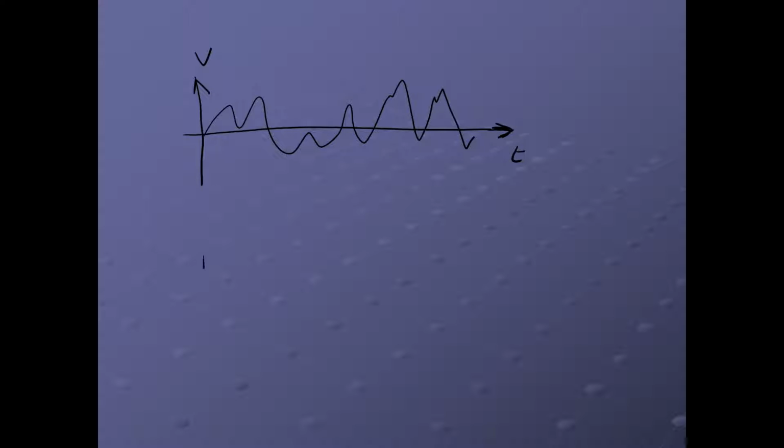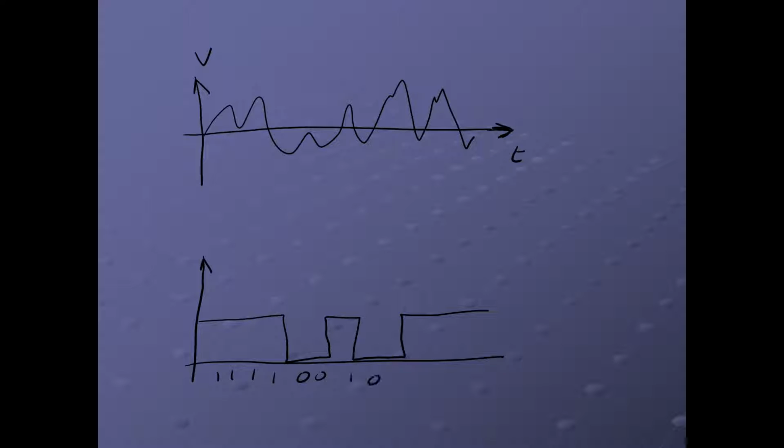Now a lot of times I need to change that into a digital signal, and the digital signal might look something like this. So a few ones and then a couple of zeros. 0, 1, 1, 1. So that represents a whole load of digital data being transmitted, ones and zeros. And we have to change between analog and digital quite a lot in our modern world with all our devices that we use, because